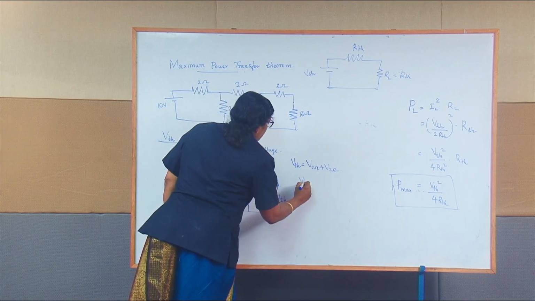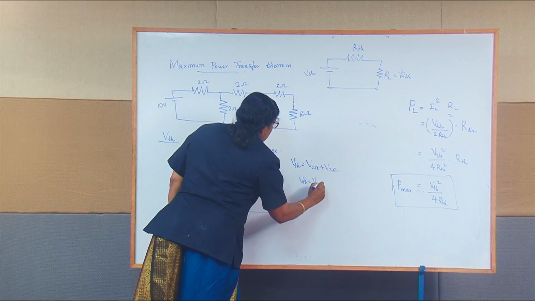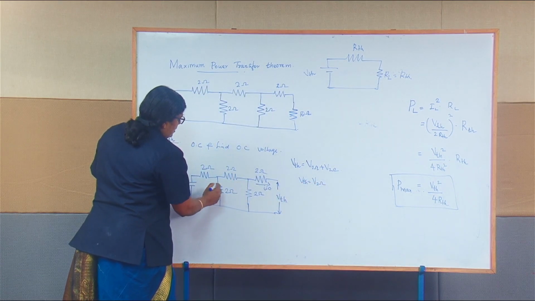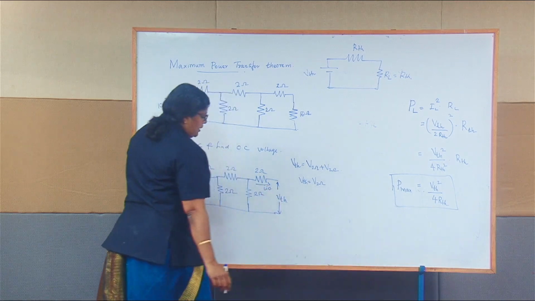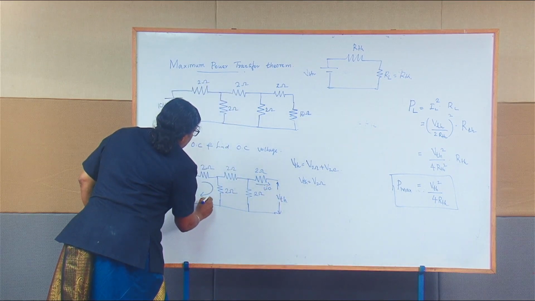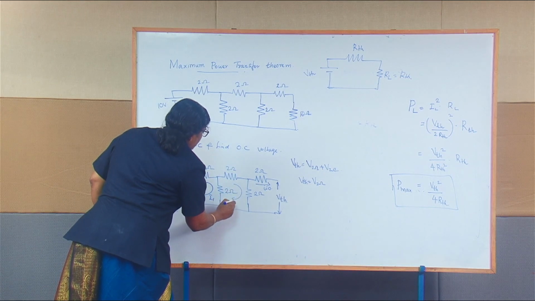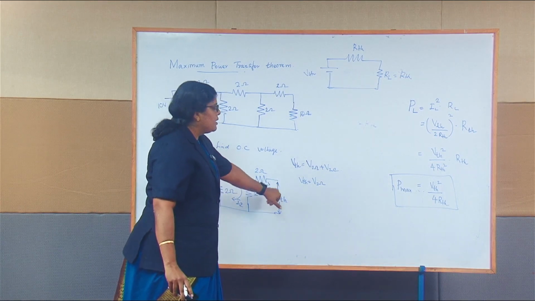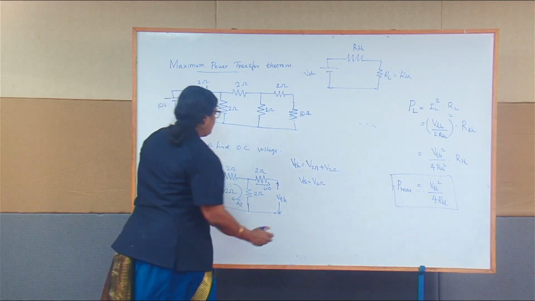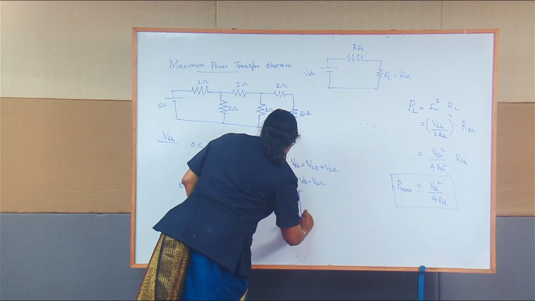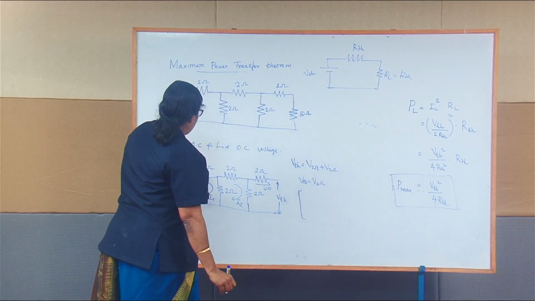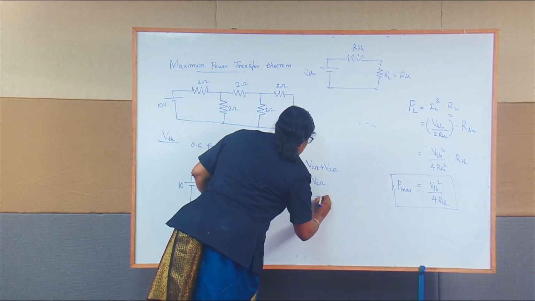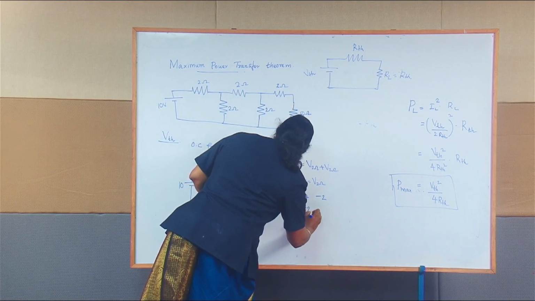So V Thevenin should be equal to the voltage across this 2 ohm. Now to find the current through this, we can directly use loop analysis. I'm assuming this is I1 and this is I2. This loop we are not considering because it's open circuit and the current is actually 0. So directly writing using the inspection method, we can write 4, R12 is minus 2, R21 is minus 2,